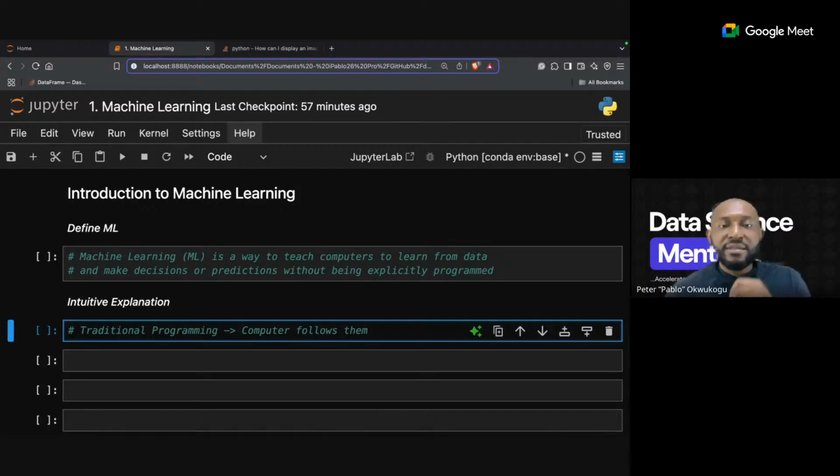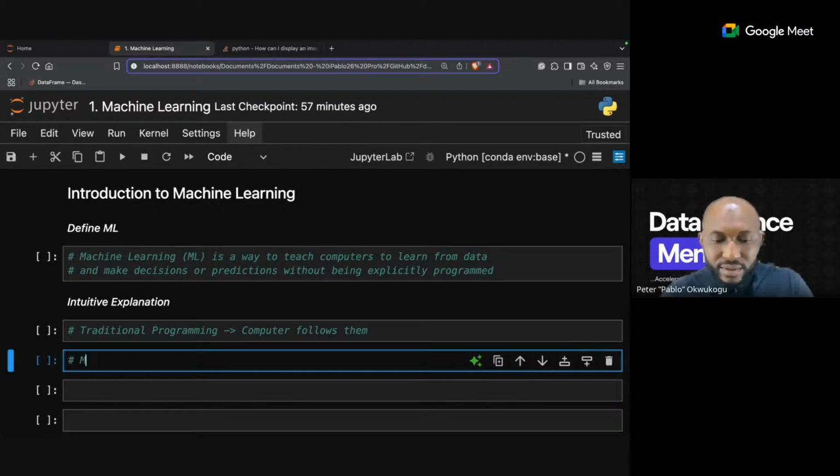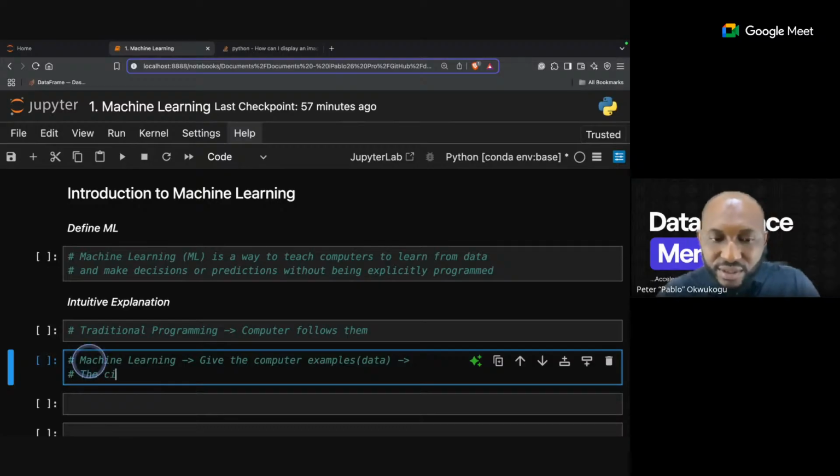Now, in comes machine learning. With machine learning, you give the computer examples, right? And then the computer figures out the rules. So here you give the computer examples. Now these examples are simply data. With these examples, the computer figures out the rules. I mean, it's such a fascinating way to look at it,